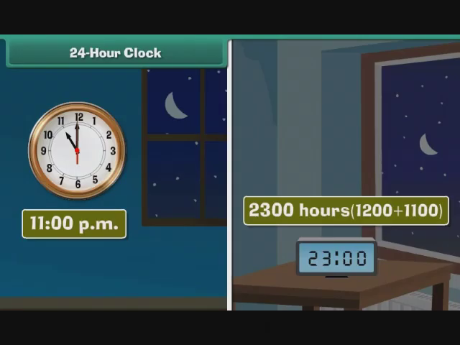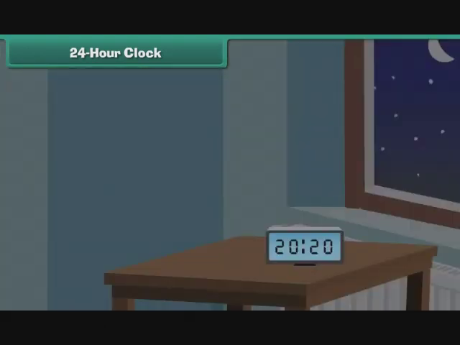The 12-hour clock restarts measurement of time from 1 for the second half of the day. But the 24-hour clock measures time continuously. It denotes all times corresponding to PM on the 12-hour clock with values greater than 1200. Conversion from 24-hour clock. Let us now convert 24-hour times into 12-hour times.